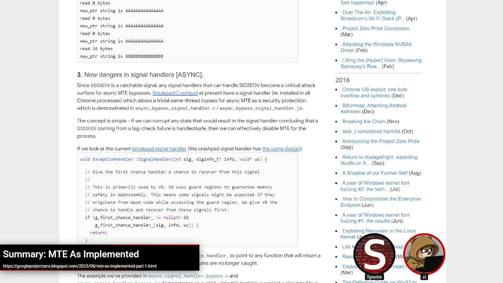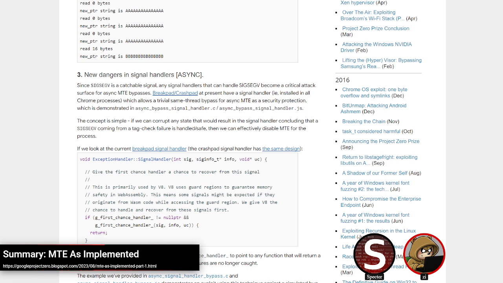So you can just ignore it, or if you have a vulnerability in the signal handler, like maybe setting it off into a busy loop so that it's never going to complete, or if you can corrupt its state somehow, depending on how it's implemented, it could in theory be corrupted in such a way that it just won't handle the MTE signal.